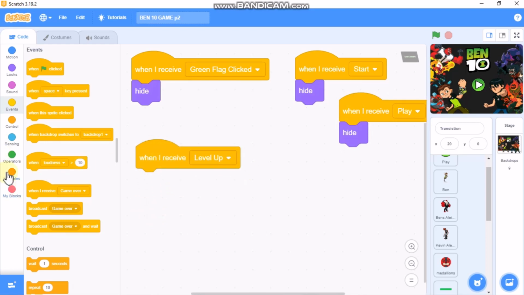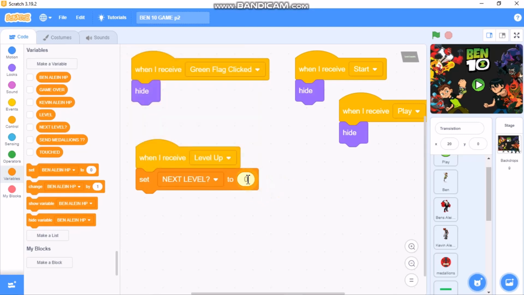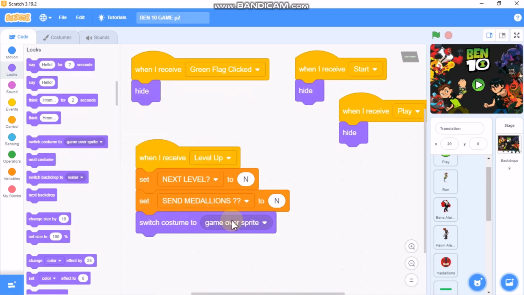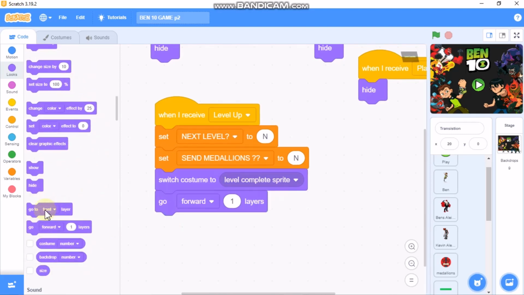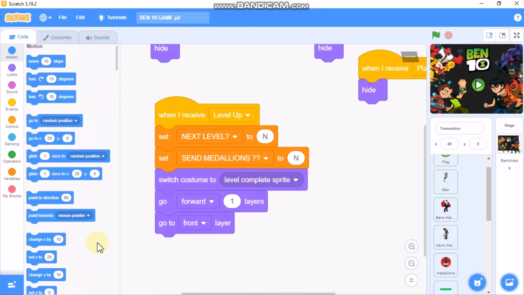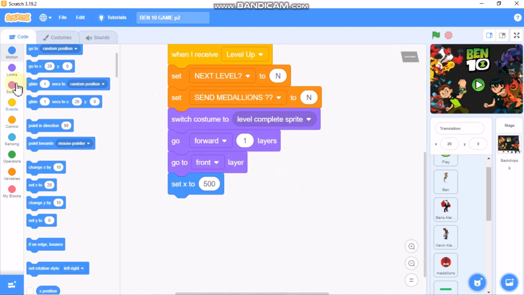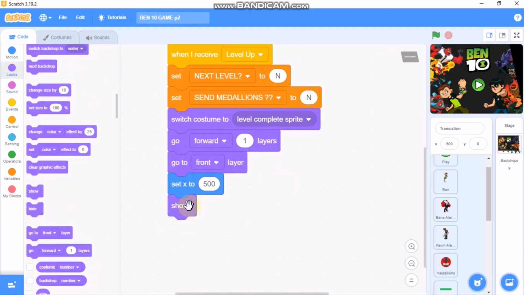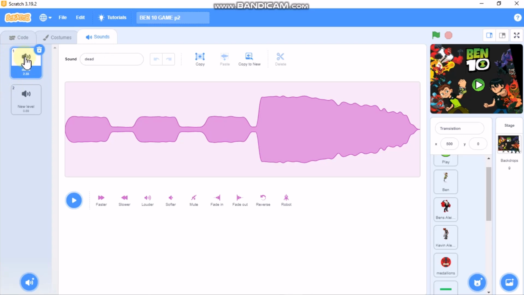So when I receive level up, we need to set next level to N, and set medallions to N, and then we need to switch costume to level complete sprite, and then we need to go forward one layer, go to front layer, then we need to set our X to 500, and then we need to show, and then we need to start sound new level. So make sure you upload the sound dead and new level,